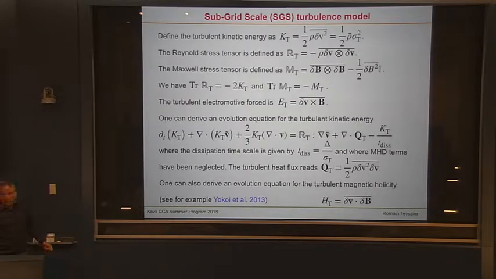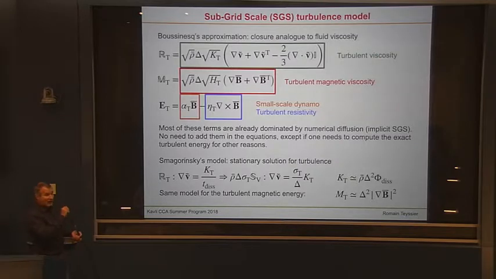So now, how do we do? Now we're stuck, exactly like you're stuck with an infinite hierarchy of moments. You have the same problem here, right? So now we need to do a model, a subgrid model. Okay, but this subgrid model is very popular and very successful in engineering, right? I want to stress this point. So here the model is to do an analogy between those little vortices and molecules in a fluid. So you treat them the same way.